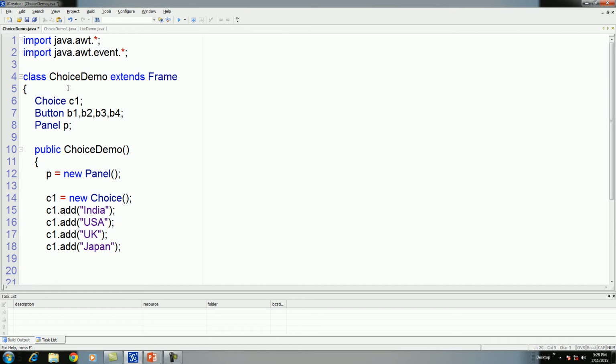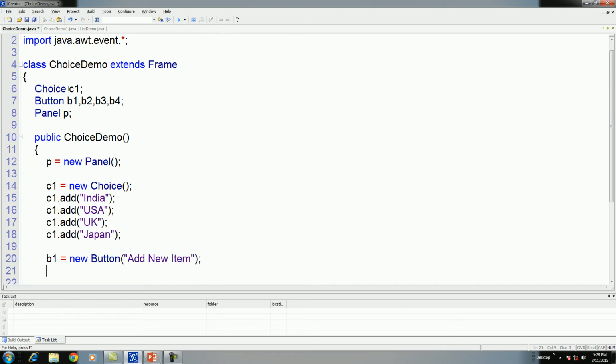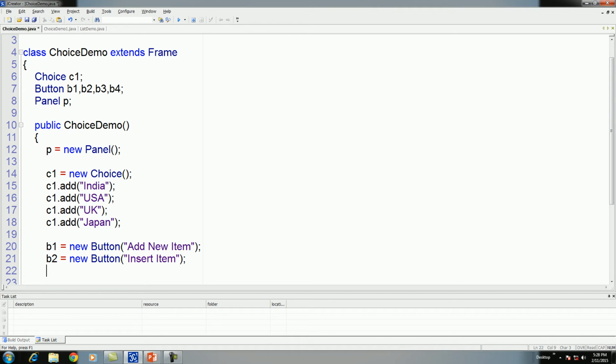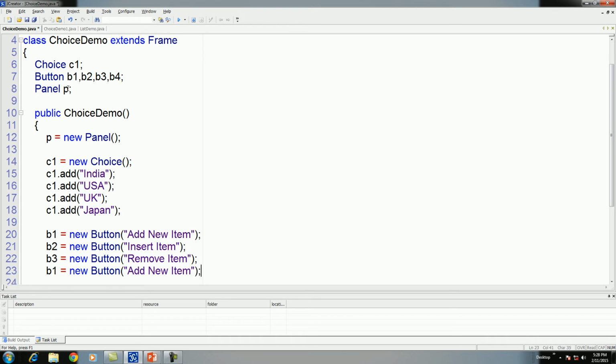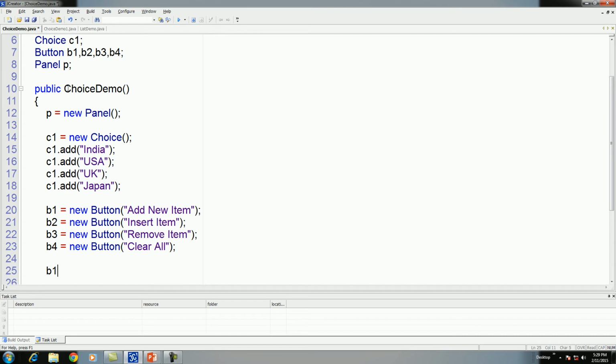Now let us build the buttons. Okay, let us assign the action listener to it.